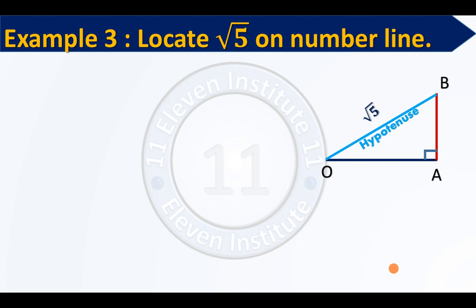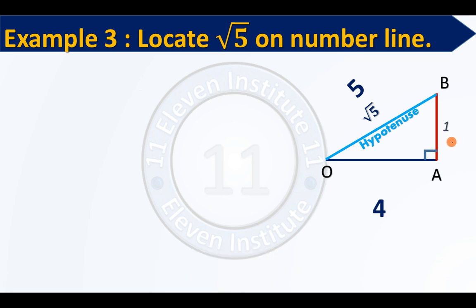Now, when I want the length of OB to be root 5, the square of OB is 5, because root 5 squared is 5. If I want OB to be equal to root 5, then OB square is 5. By convention, as I told you, we will always take the altitude as 1 as far as root 2, root 3 and root 5 are concerned. So we take AB as 1 unit. Now this is simple, clear logic. If this is 5 and this is 1, then definitely this should be equal to 4. Why? Because only 4 plus 1 will give me 5. Else there is no option for me. Only 4 plus 1 will give me 5.